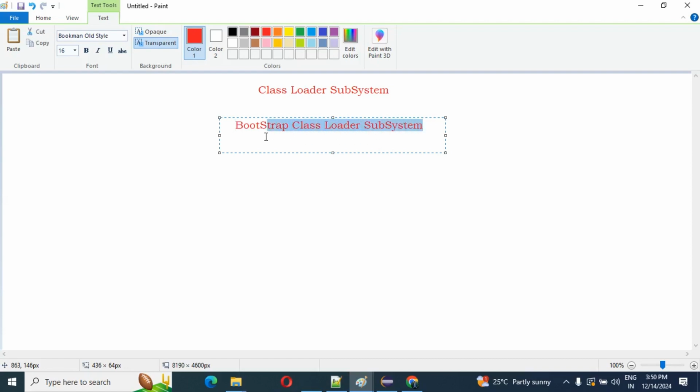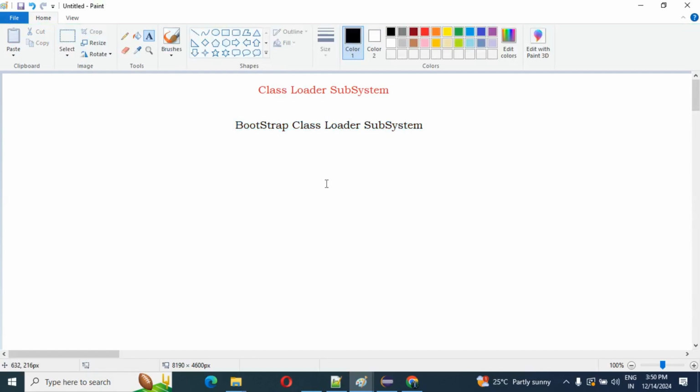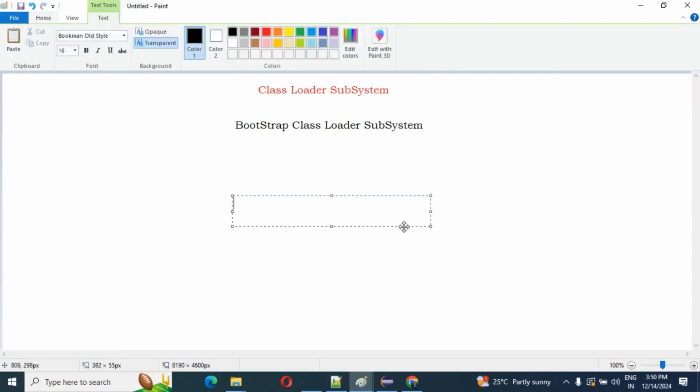Then the second class loader subsystem is the extension class loader subsystem. That thing I am also going to mention here.